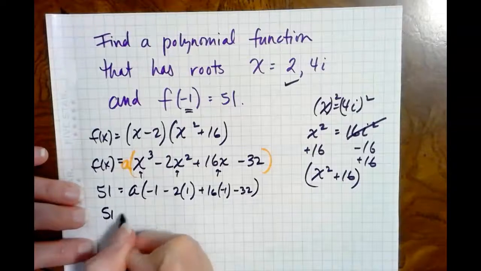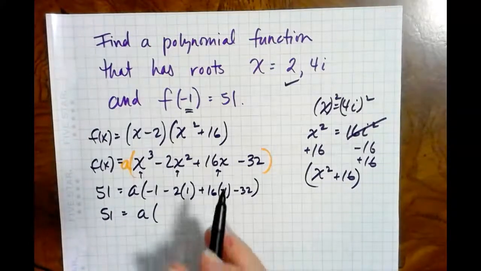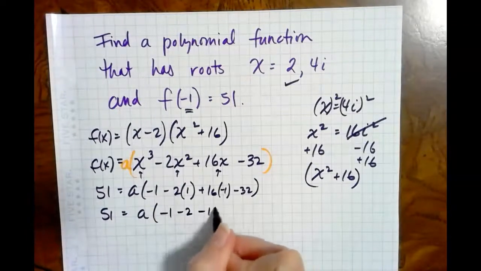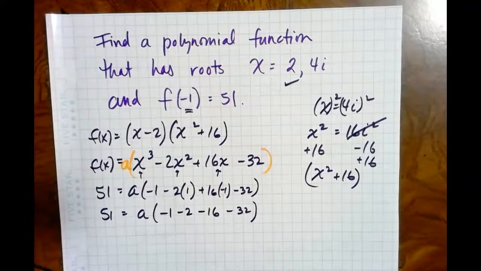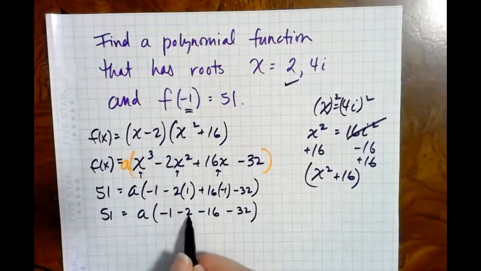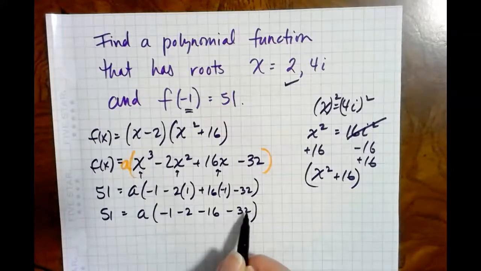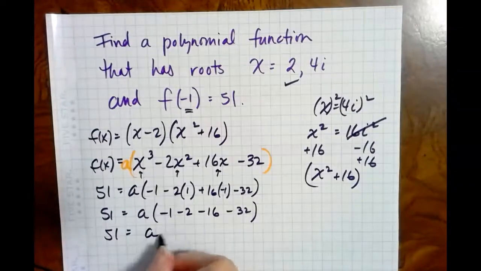So 51 equals a times, so following order of operations here, we've got -1 minus 2 minus 16 minus 32. So this is -1, -3, -19, and -32. So we end up with 51 equals a times